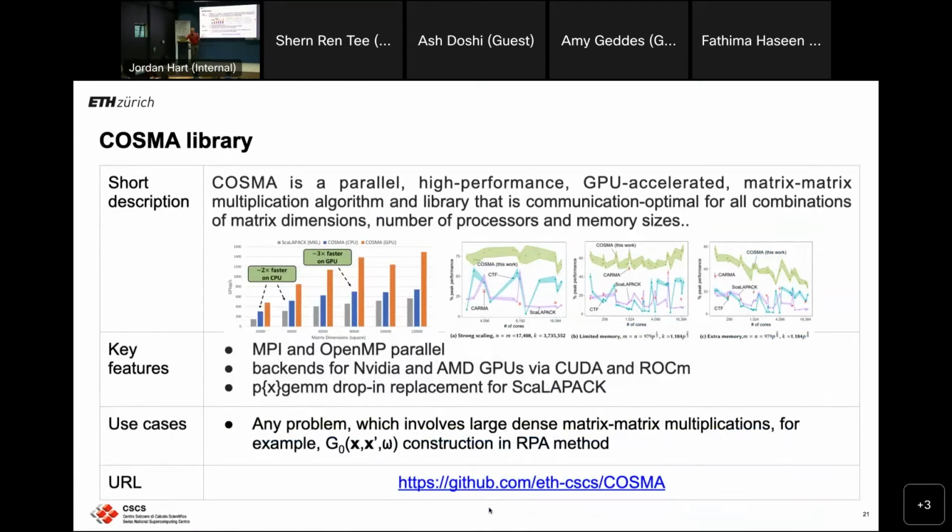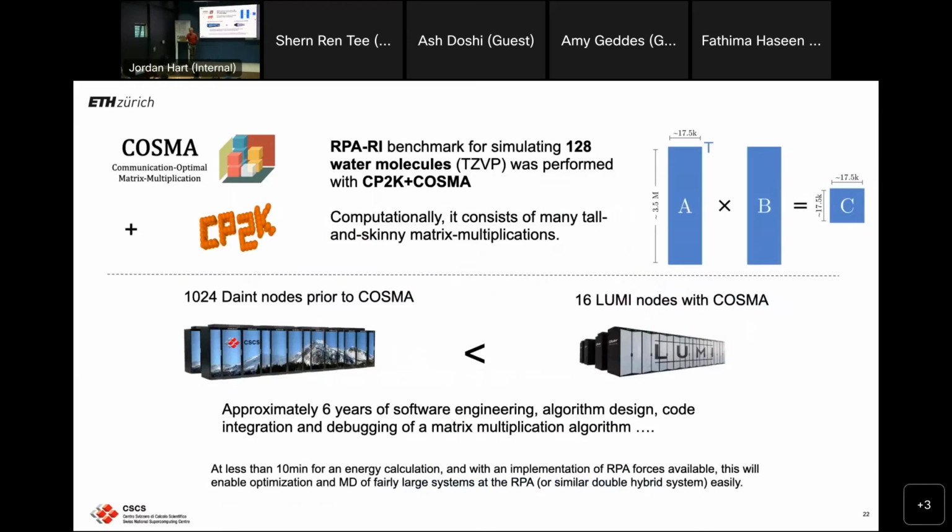in material science as well. This is work that was done with Torsten Hoefler and Joost VandeVondele and the people at CSCS, namely a library for matrix multiply that is communication optimal. The matrices can be not square, but these odd shapes that you need in CP2K. Combining this COSMA library with CP2K, and all the performance portability, allows us now to get pretty spectacular results out of LUMI, so the MI250